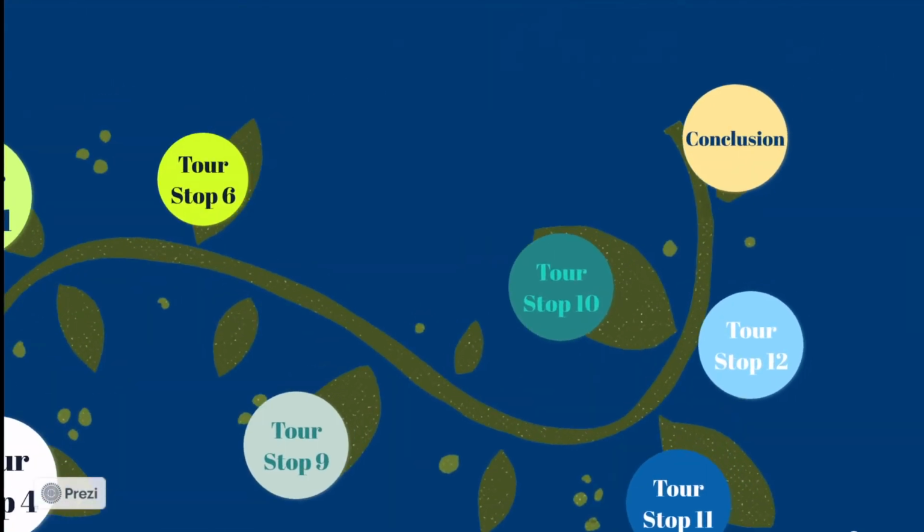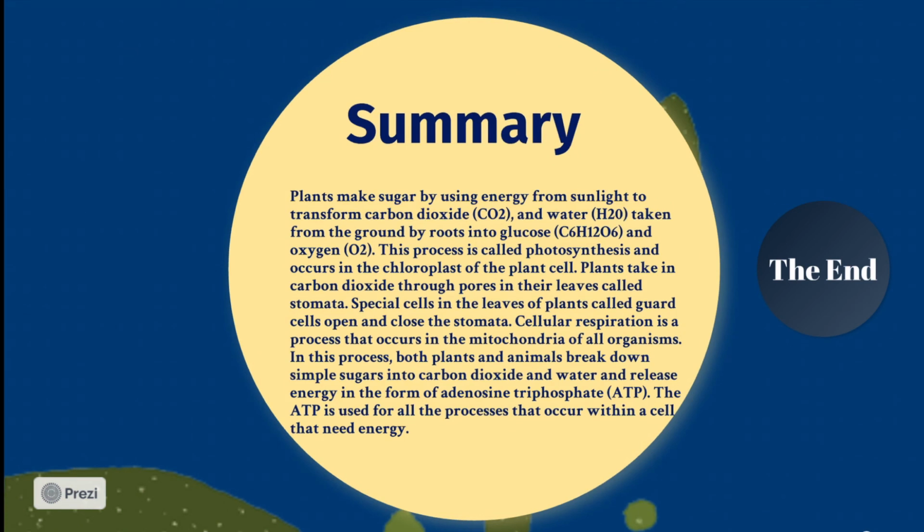And lastly, coming to our conclusion, plants make sugar by using energy from sunlight to transform carbon dioxide and water taken in from the ground by roots into glucose and oxygen. This process is called photosynthesis and occurs in the chloroplast of the plant cell. Plants take in carbon dioxide through their pores in their leaves called stomata. Special cells in the leaves of the plant called guard cells open and close the stomata. Cellular respiration is a process that occurs in the mitochondria of all organisms. In this process, both plants and animals break down simple sugars into carbon dioxide and water and release energy in the form of